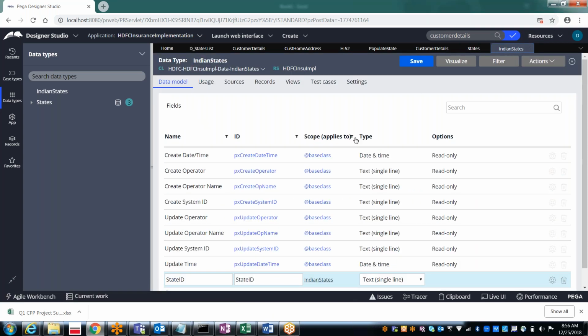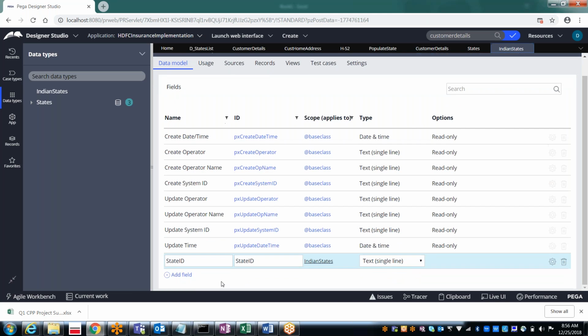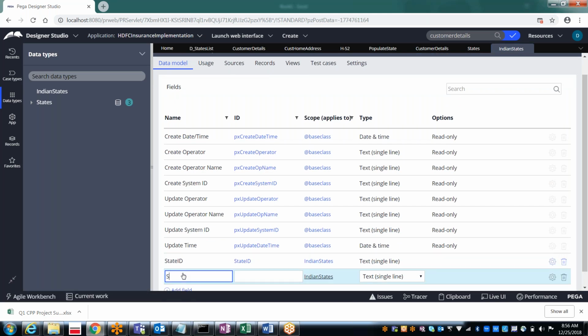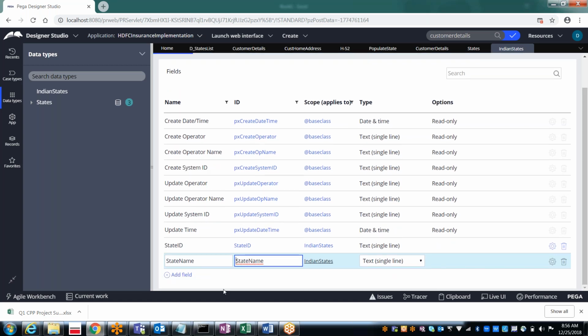Indian states. In this we would now like to have the text type. So state ID, and then state name, which is also a text data type. Is it fine?